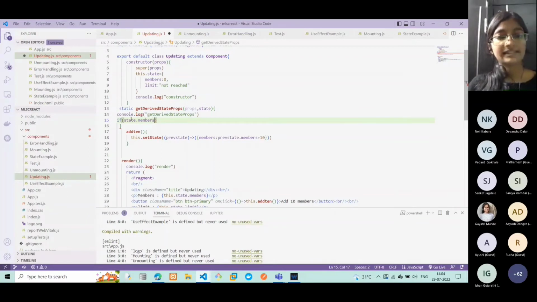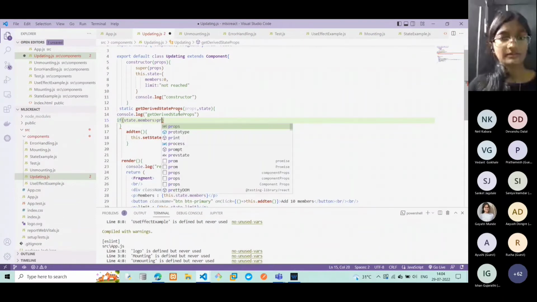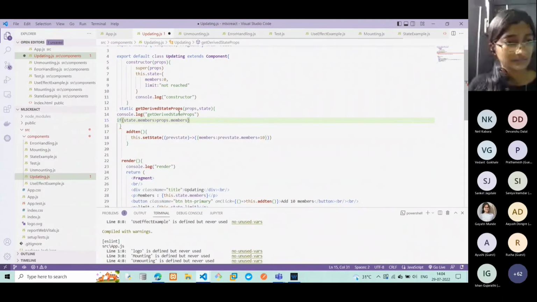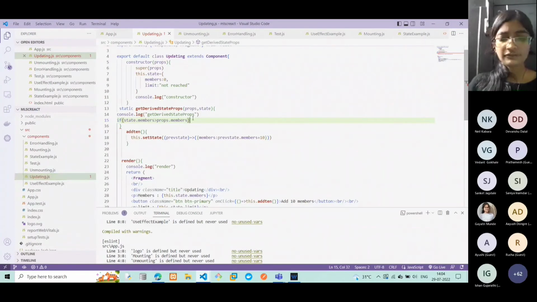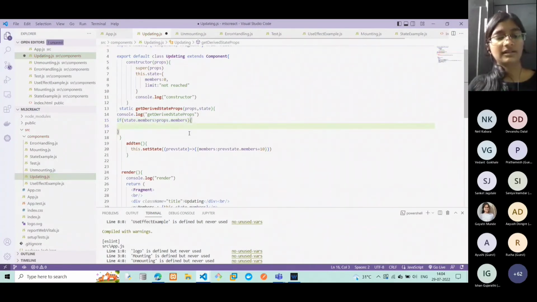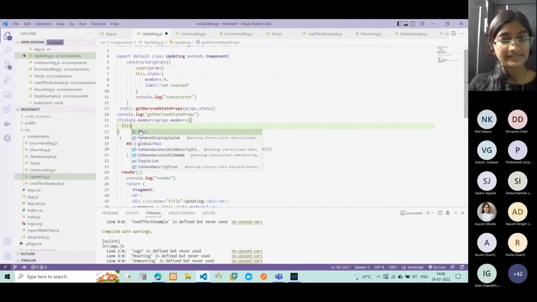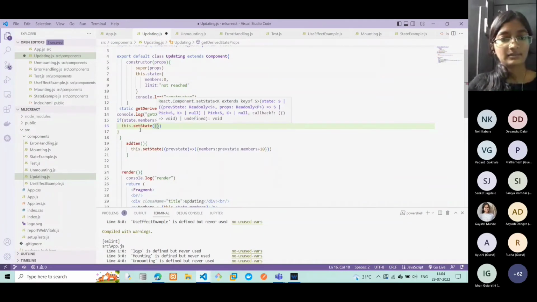So if the state.members is greater than the props.members, which is 50, which I had passed in here, then I have to just change this limit. So I'm just using this.setState, and